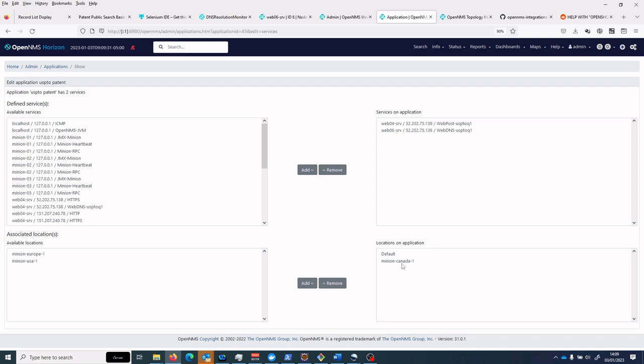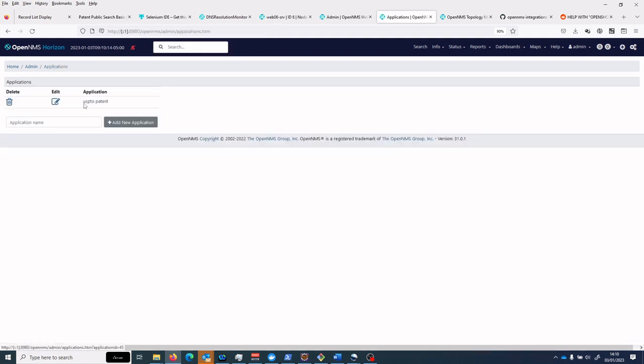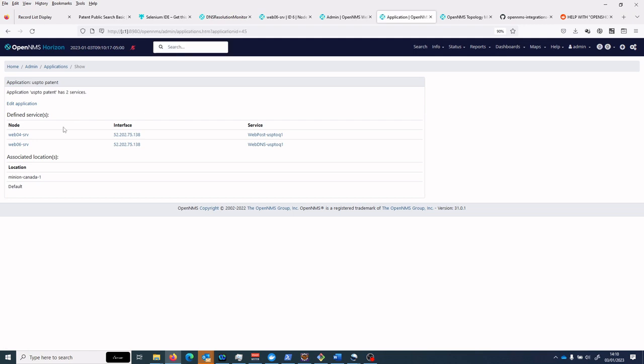So what's different in this case is that we want to run these services that we've defined elsewhere, but we want to run them on these locations or on this particular minion. That will allow us to see from an application perspective which minions are getting the response they expect. Go back to the applications view, and again, if we look at the application itself,